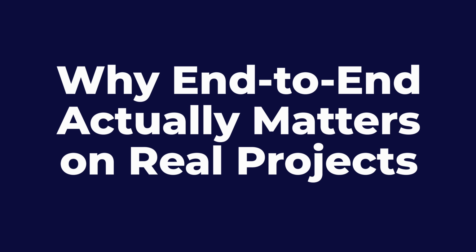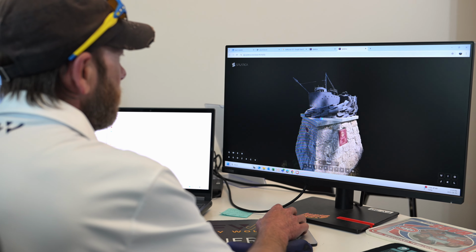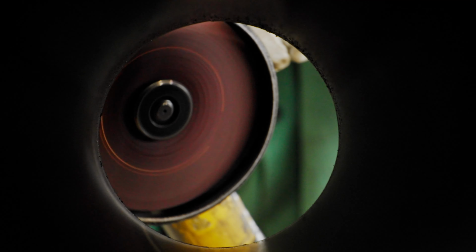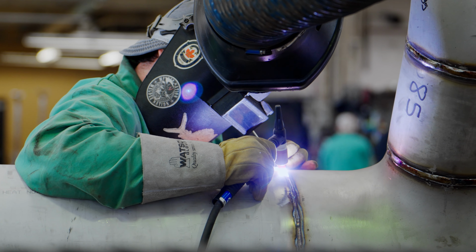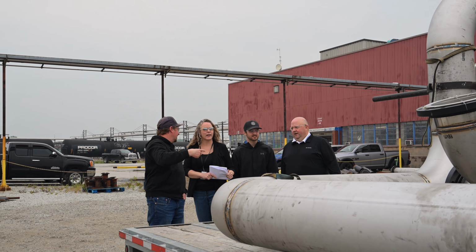Most of the contractors take just different pieces of the pie, versus we're saying that we want to come in and provide the whole thing. When you do an integrated approach like that, there's obviously some savings. There's obviously less handoffs, less potential miscommunications, a more direct communication line, and it just allows for an easier project